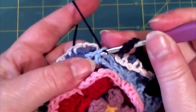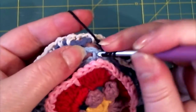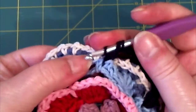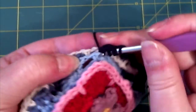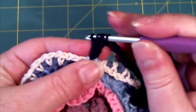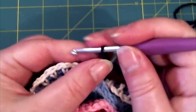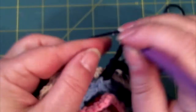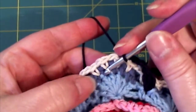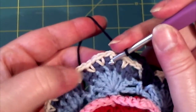So 1 and 2, only make them half done and put them together. Chain 5, 2, 3, 4 and 5, and again in this round 7 we need to find the middle of